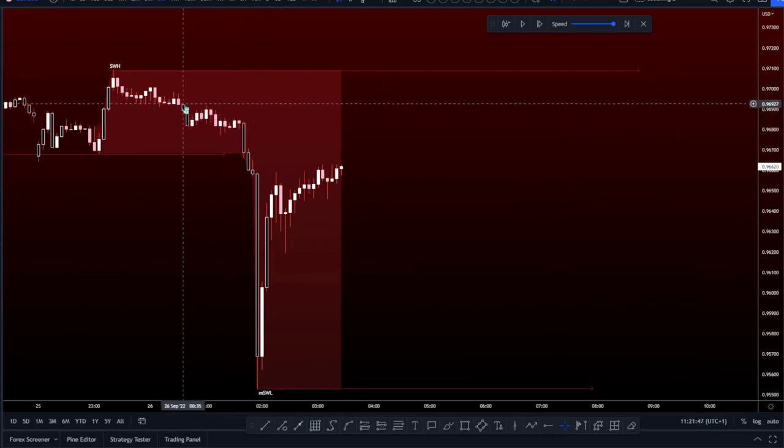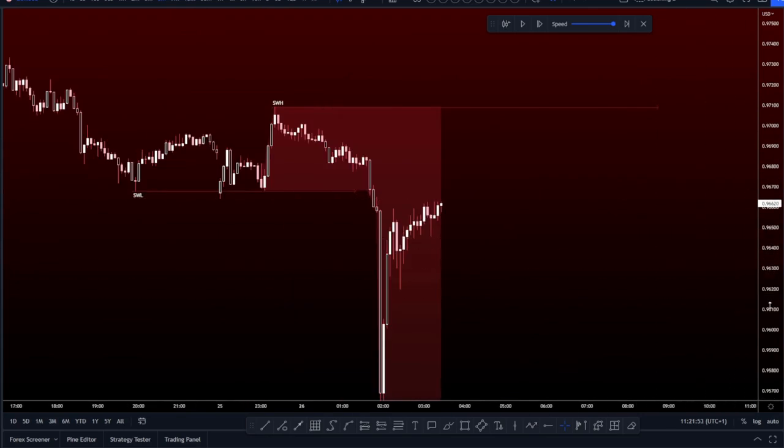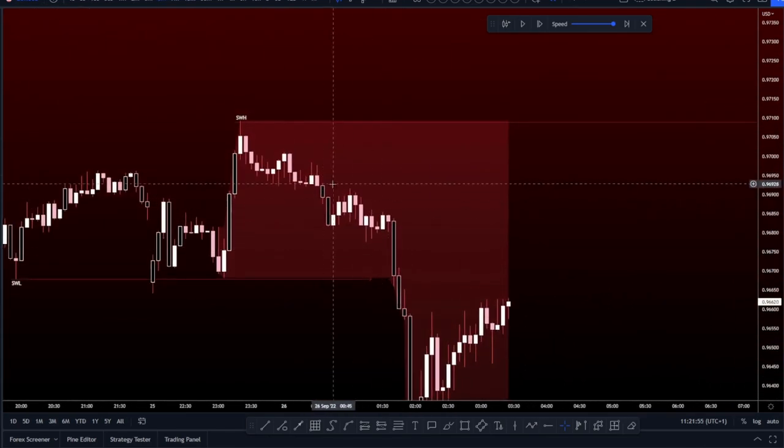We can actually see now that we've got our imbalance indicator on that these candles are also imbalanced. If we zoom in, we can see that the lower wick of this red candle by here didn't touch the upper wick of this red candle, meaning this is an imbalanced movement. The market has come back up to mitigate it, but it hasn't mitigated completely. We can actually see by here that there is a large amount, well, I say large, a very small amount